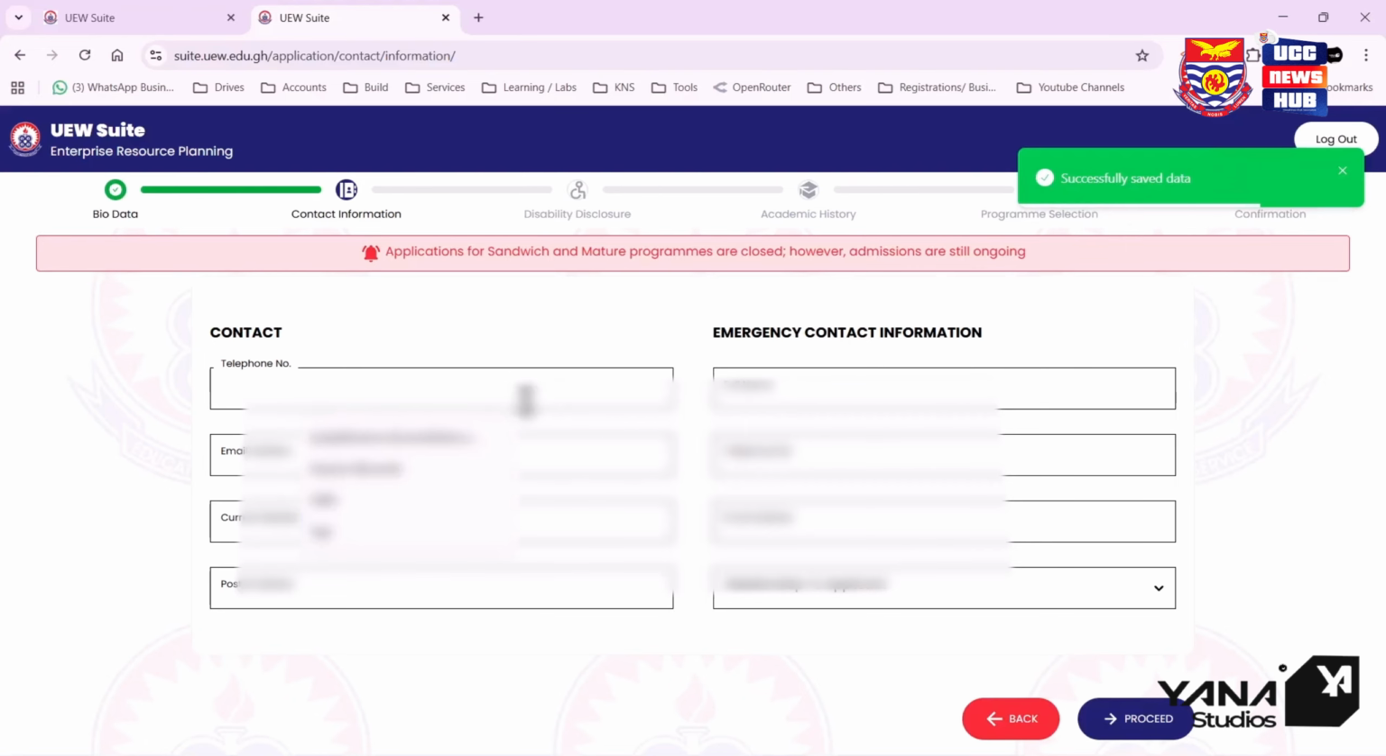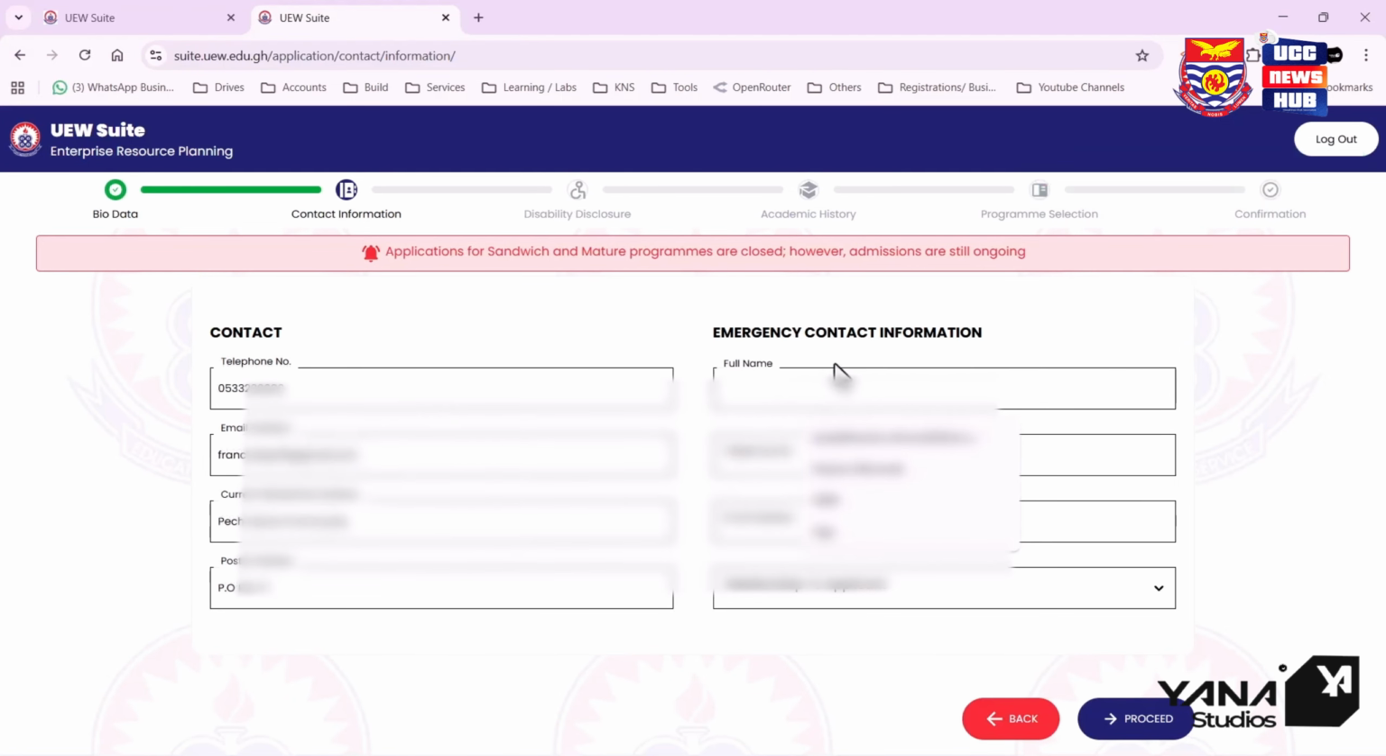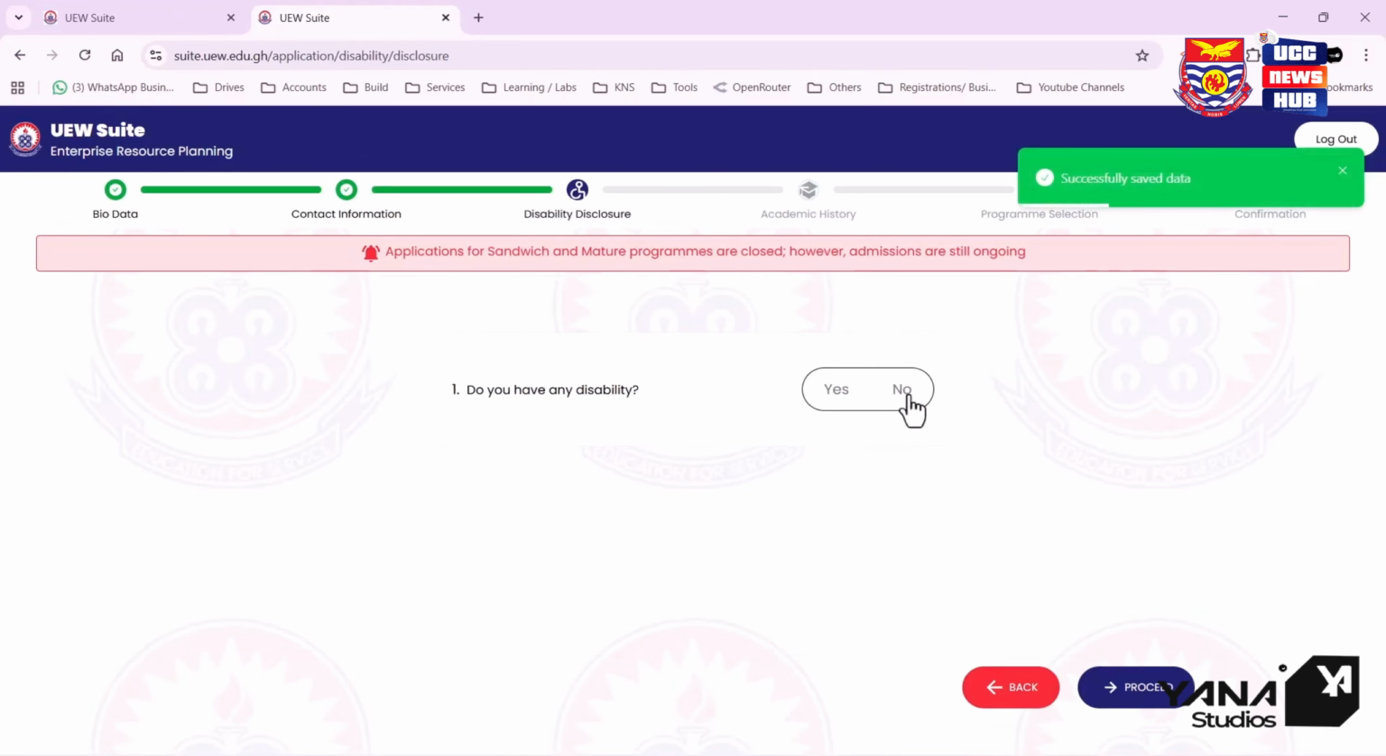So we will move on to the telephone number. After providing your contact details, you have to provide another contact for a relative or any person you would like us to contact in case of any emergency. After filling, we click on proceed, move to the next part. No, we did not have any other disability. When we move to the next,